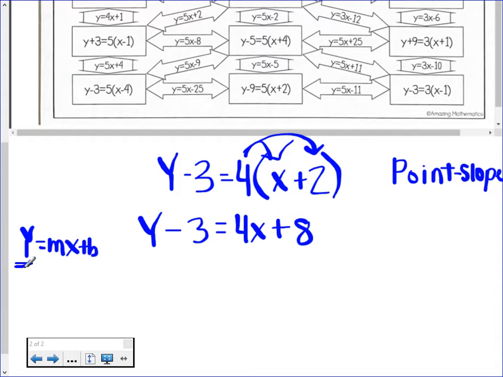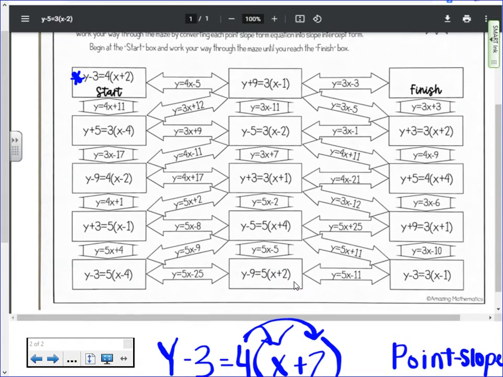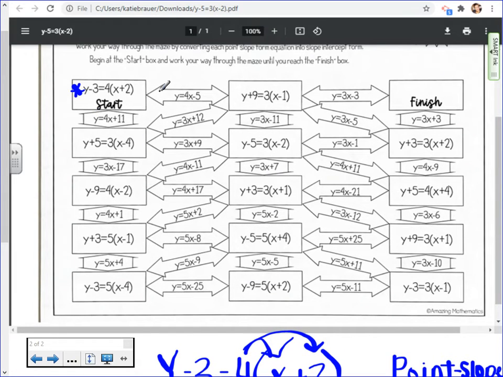My goal is to get y all by itself, and right now y has a negative 3 attached to it. So the last thing I have to do to move that over is add 3. Since the negative 3 didn't have an x and we're adding it, you have to add it to the one on the other side that does not have the x. So we still have y equals 4x, and 8 plus 3 is 11. So when you go up here, you have two options, y equals 4x plus 11 or y equals 4x minus 5. So since it was this one,